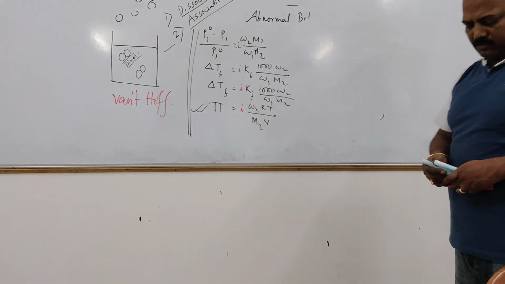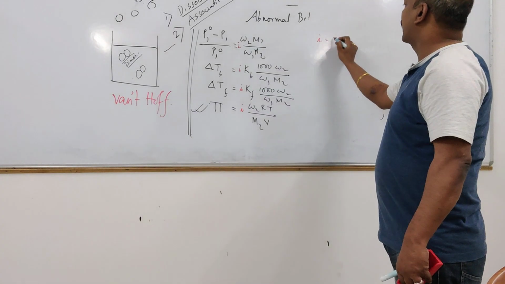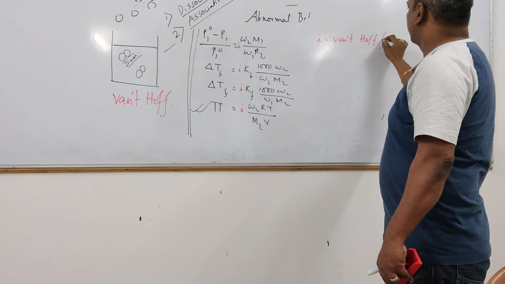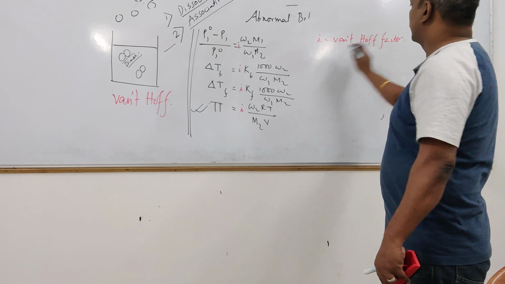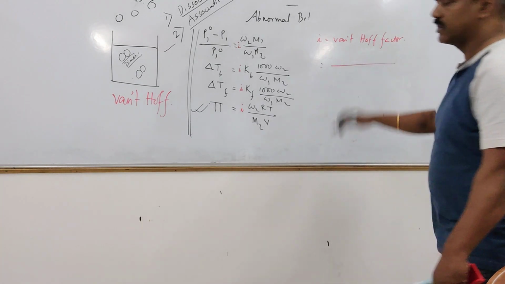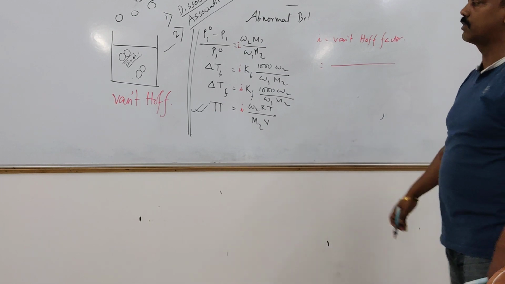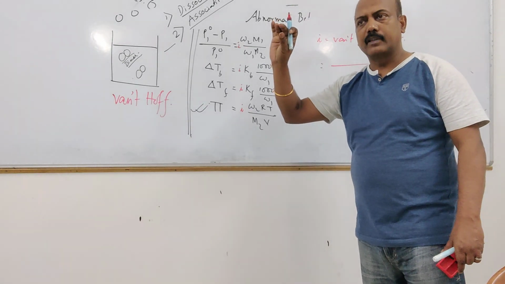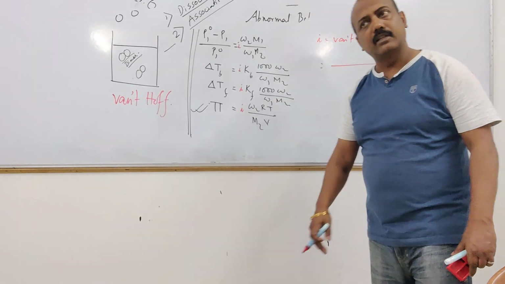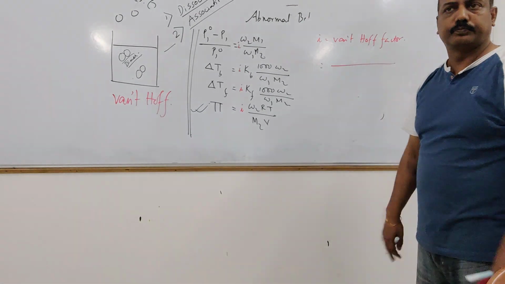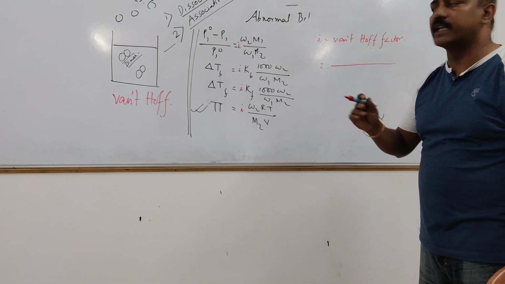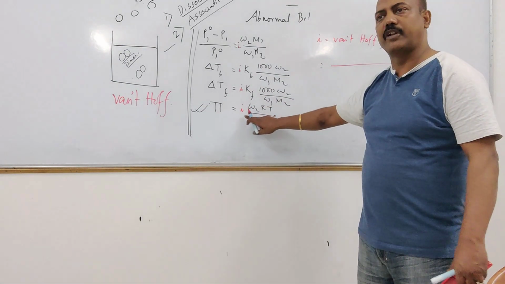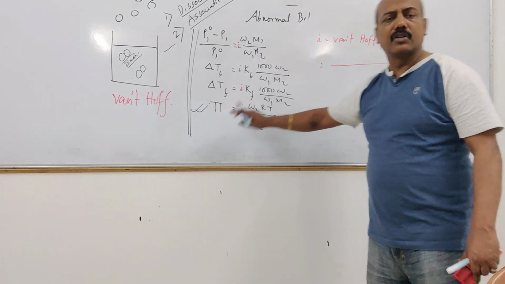Now what is i? i is Van 't Hoff factor. Please understand it. We will do the numericals related to it, but please understand it. Van 't Hoff factor is nothing but, now I told you for sodium chloride we expect 20, but we find it as 40. Clear? So the Van 't Hoff factor will be 2. Whatever value we are getting now, if you multiply by 2, 40 will be your value.